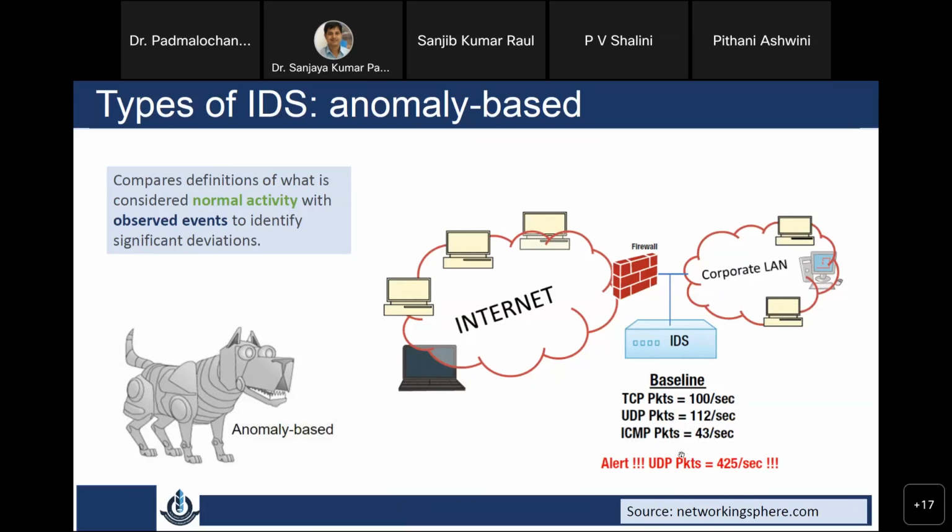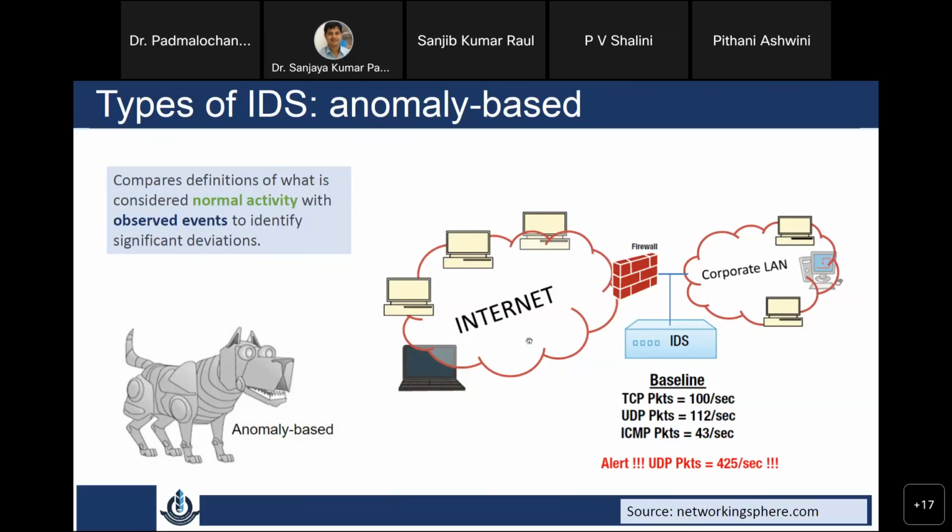Now if you see that UDP packets are coming for a period of time at a rate like 425 bits per second, then obviously you will see that this is potentially malicious, because it may potentially lead to denial of service. A large number of UDP packets are coming, so it might be a potential candidate of denial of service, right? So you are observing the behavior, and if anything anomalous happens, then you identify that.